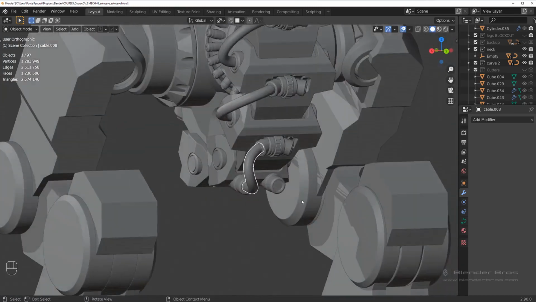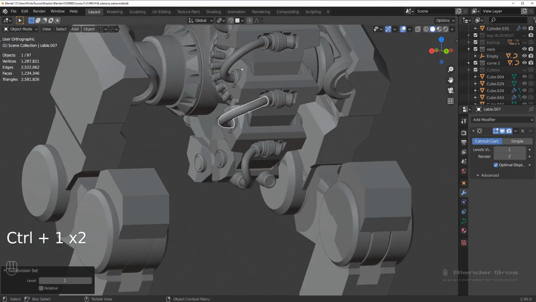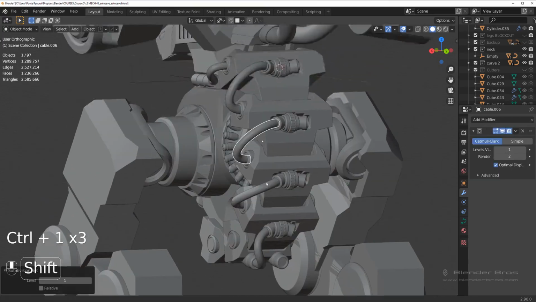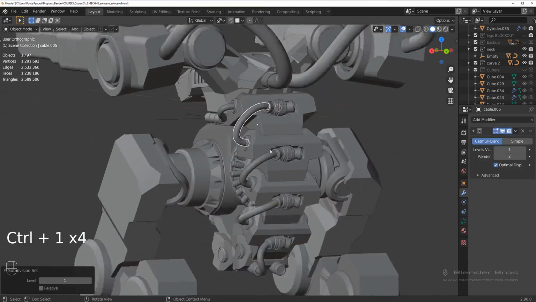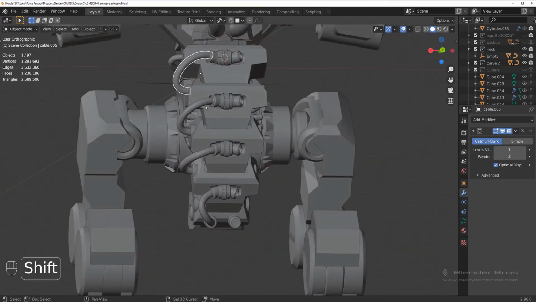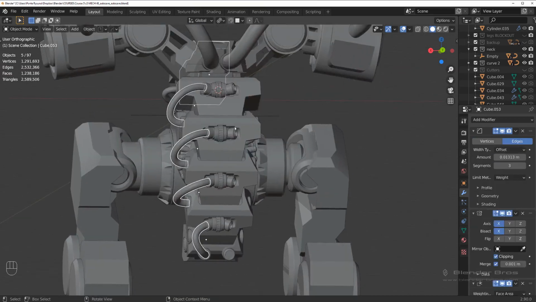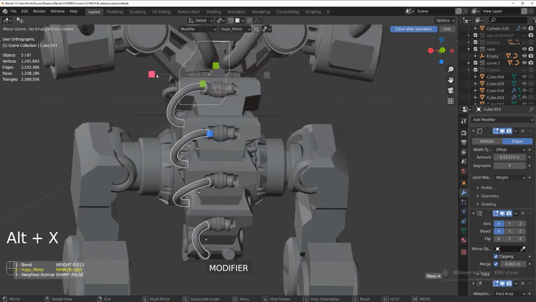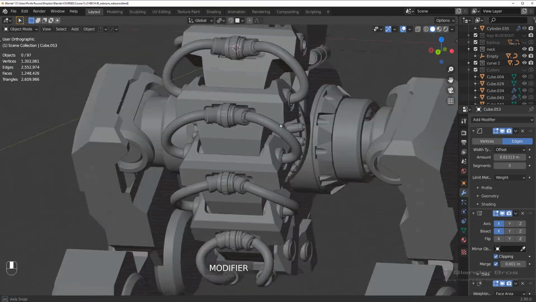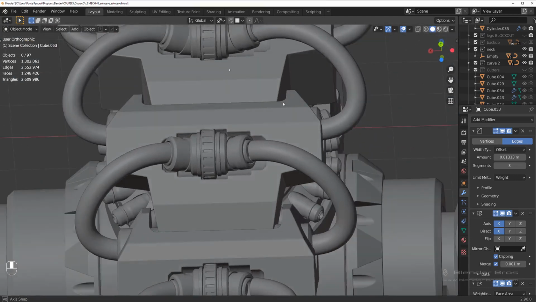Okay, now we can add Control 1 to all of these, so we can add a bit of sub D, so they're less jaggedy. Alt X and copy, and they should perfectly fit,